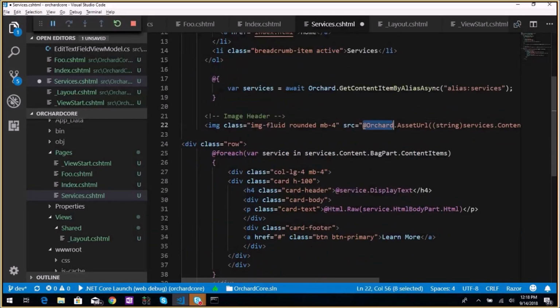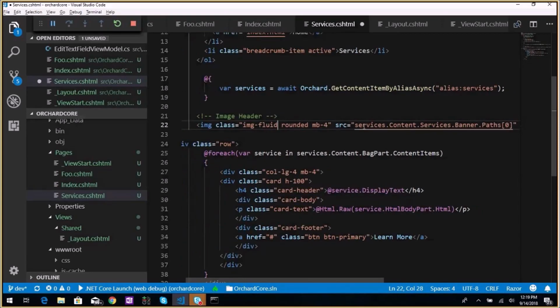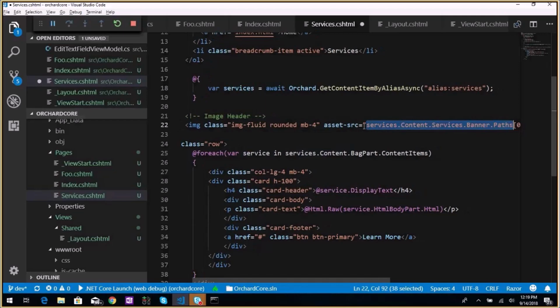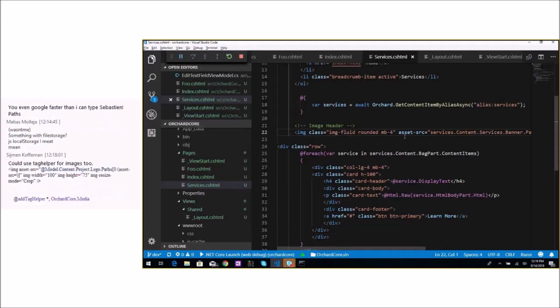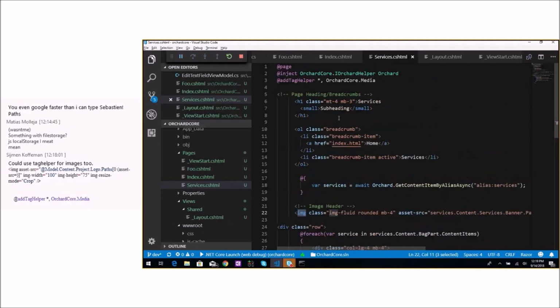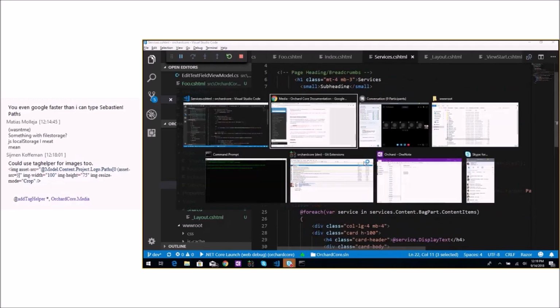If we do asset-src here, we can remove the call to the asset URL because this will be automatically handled, and we just pass the path from the field. Okay. And automatically, because we have asset-src, the image tag won't be the simple standard image tag, but will be handled on the server side by the asset module. So if we save it,